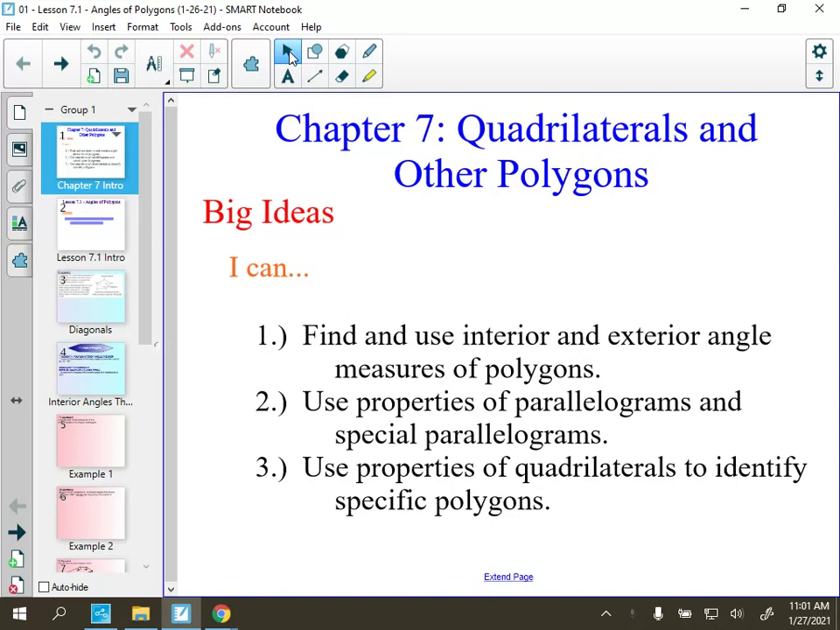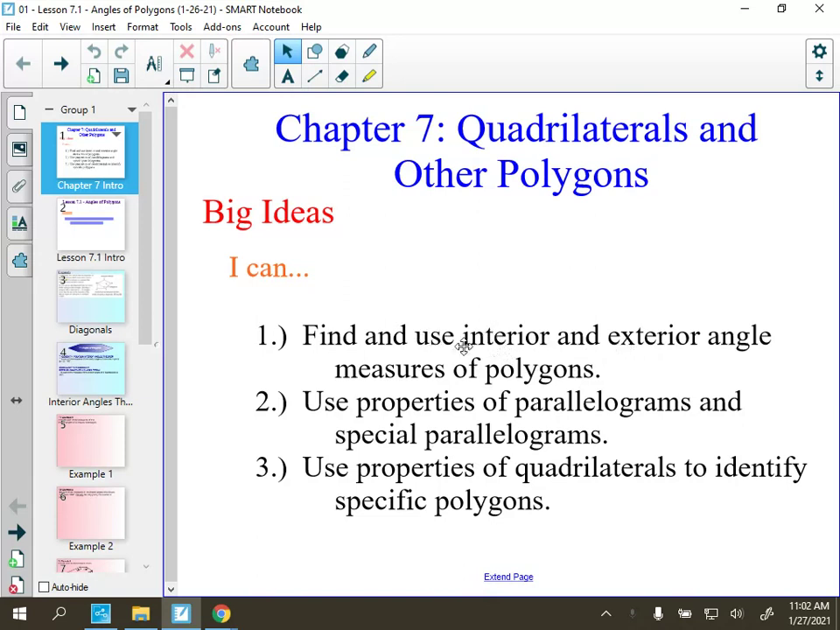All right, and welcome to chapter 7, a new chapter here on quadrilaterals and other polygons. We'll mainly focus on quadrilaterals, but in this first lesson we'll go over some basics that apply to all polynomials, I'm sorry, not polynomials, all polygons. Holy cow! So we'll crank out this first big idea for the chapter: interior and exterior angle measures